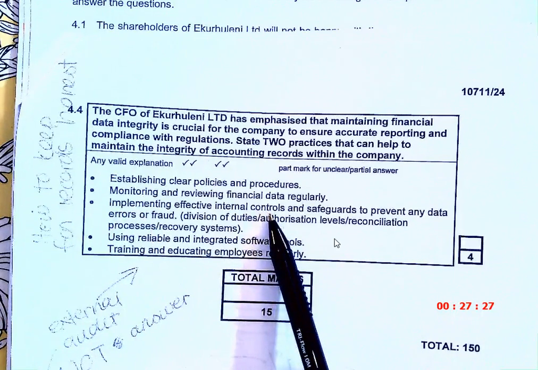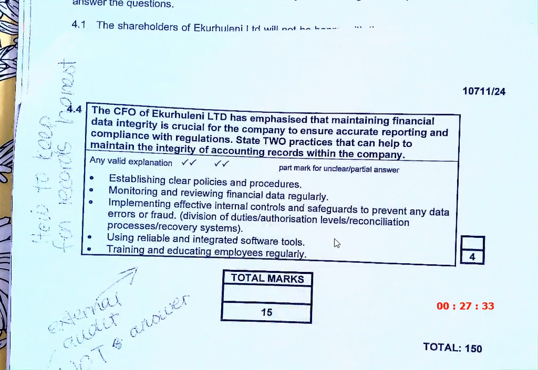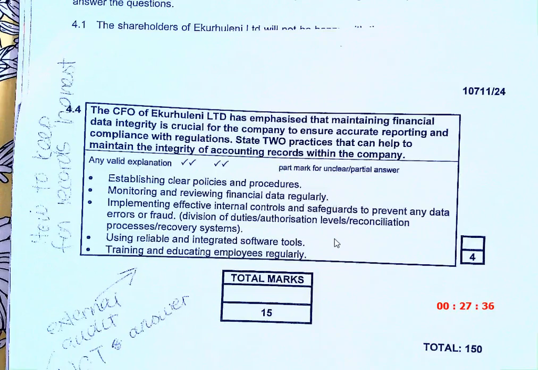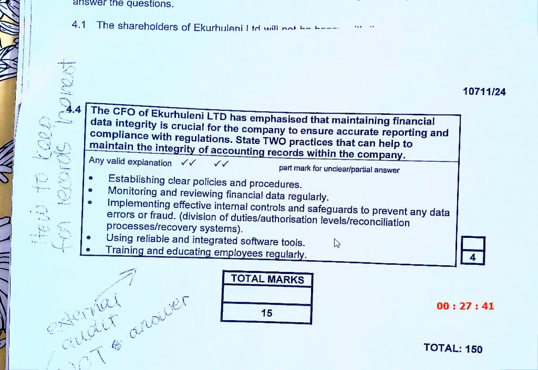Implement effective internal controls. What's a very popular internal control? Separation of duties, not rotation. Separation is you do your work, I check if it's done, and you will check if mine is done. Division of duties would be the guy doing the books is not the guy working with the cash itself. Rotation of duties is today you go to the bank, tomorrow someone else goes to the bank. Okay. And that's it. And I hope